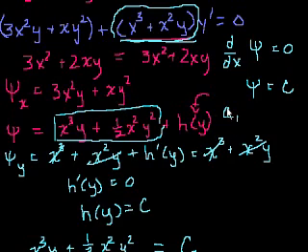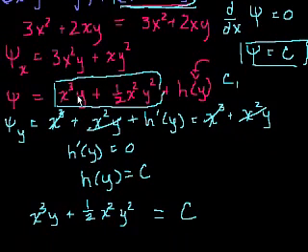But we know that the solution of our original differential equation is xi is equal to c. So the solution of our differential equation is x to the third y plus 1/2 x squared y squared is equal to c. We could have had this plus c1 here and then subtracted from both sides. But I think I've said it so many times that you understand why, if h of y is just a constant, you can kind of ignore it. Anyway, that's all for now,